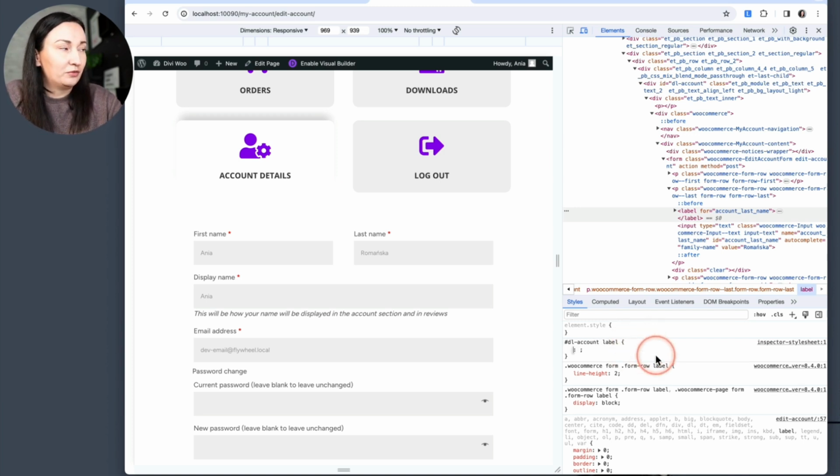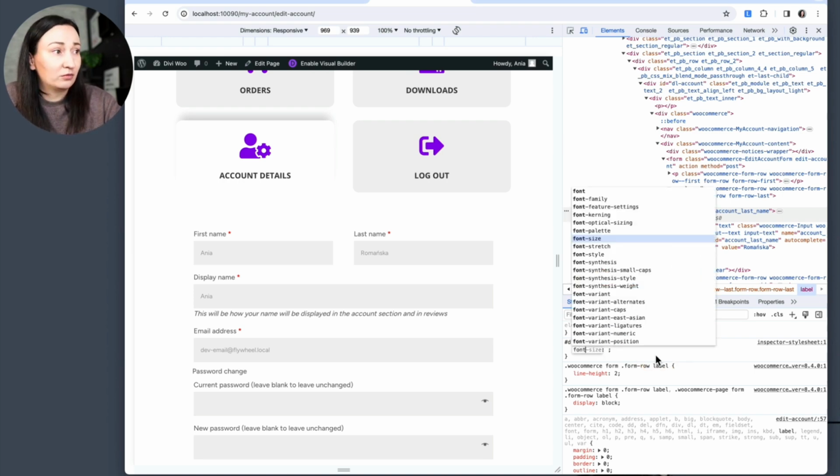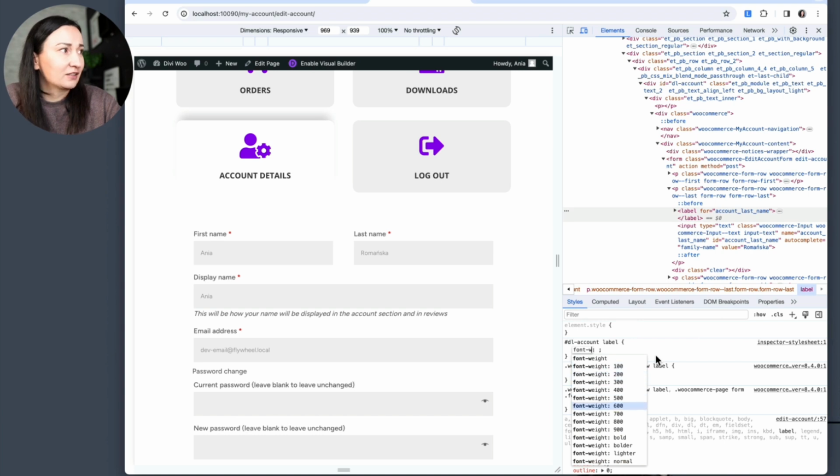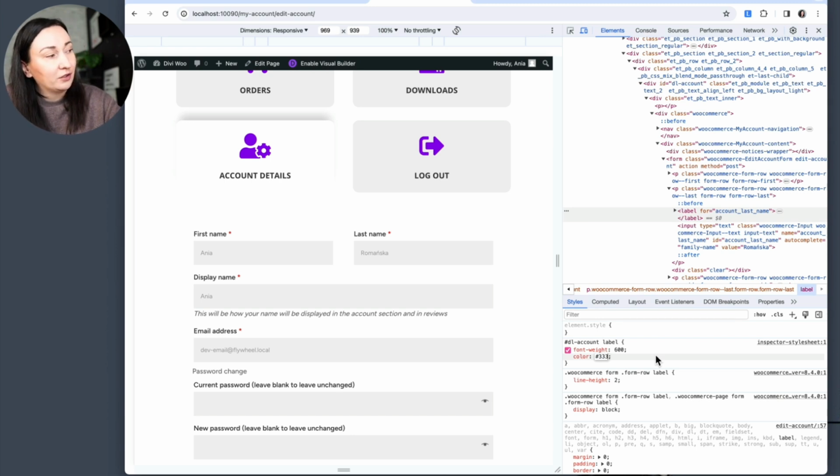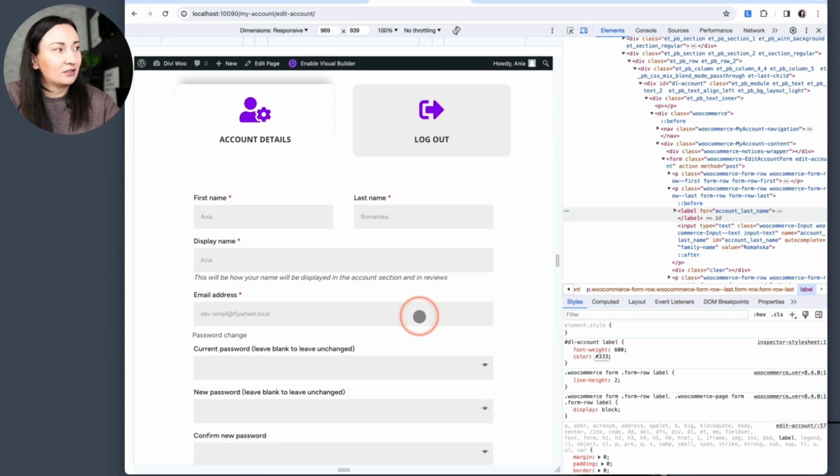and here I would go with font weight 600, maybe darker, so color something almost dark. I like to use uppercase for my labels, but it doesn't work well with things like current password, leave blank to leave unchanged. With long labels, uppercase may not be the best choice. But yes, I think that is a good start, just making the text more visible than the rest of the content,